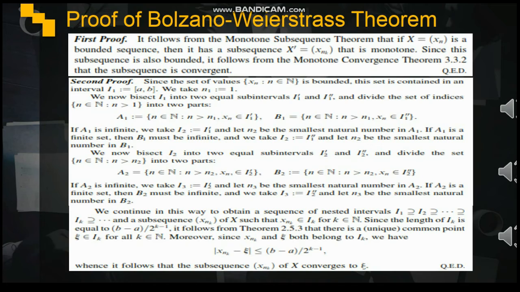We continue in this way to obtain a sequence of nested intervals I1 subset of I2 subset of and so on until I_k subset of and so on, and a subsequence x_nk of x such that x_nk is an element of I_k for k in the natural numbers. Since the length of I_k is equal to